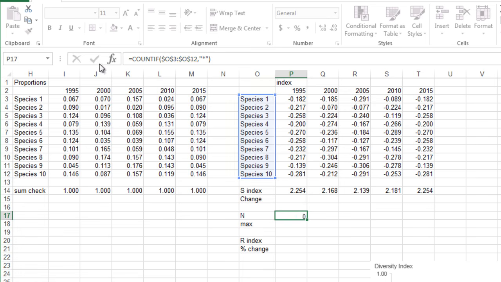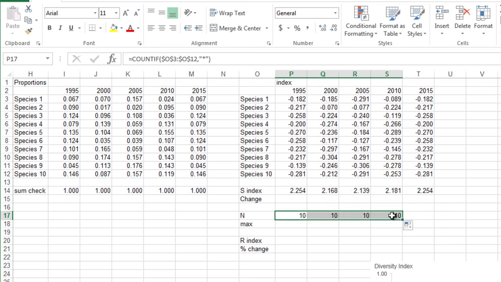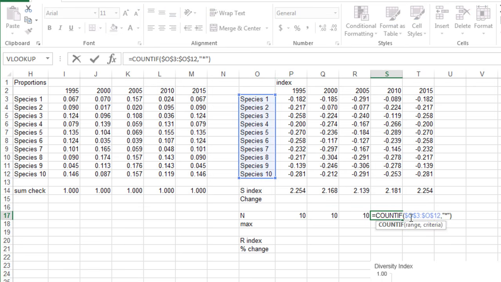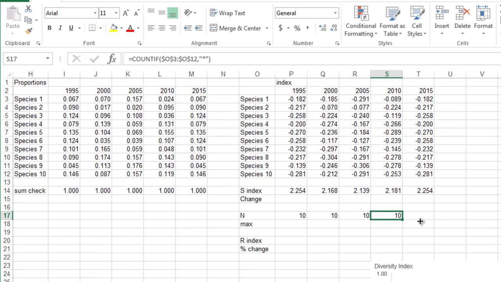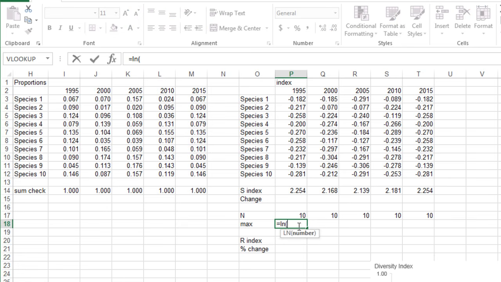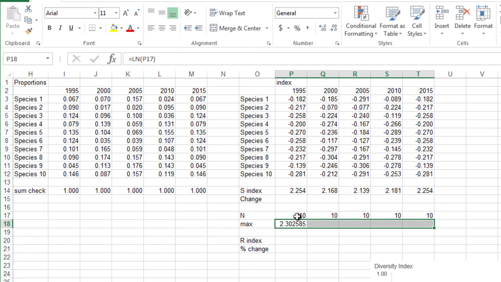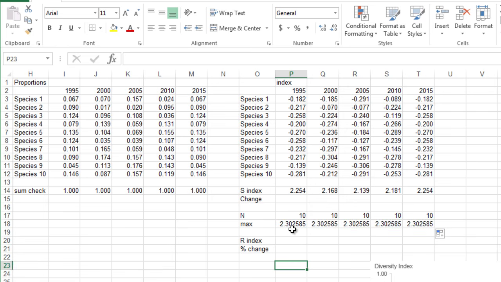So I'm going to click OK for that, and you can see that it's counted 10, and that's how many species we have. And I'm now going to fill that across, and you can see what's happening because I've fixed the cell references. It's reading in the right spot. So let me just drag that across one more time. And we actually need the log of that. So we want the log of the total number of counts, which is 235, and we're just going to drag that across. You could use Control R to drag that across,